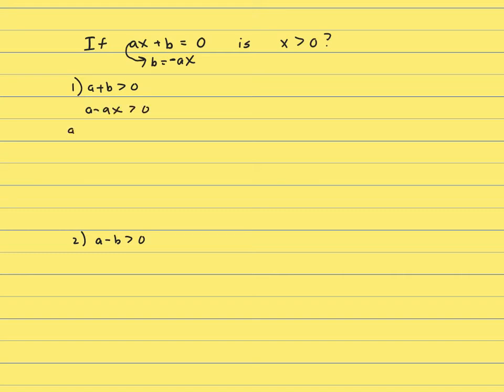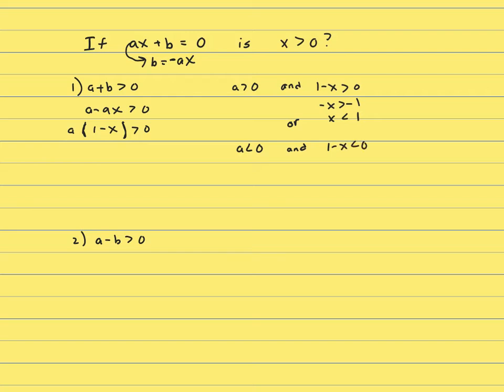Let's factor out an a. Factor out an a, and that gives me 1 minus x is greater than 0. Well, how do you multiply two things together and get positive? Either a is greater than 0 and 1 minus x is greater than 0, which would be negative x greater than negative 1, x less than 1, or a would have to be less than 0 and 1 minus x